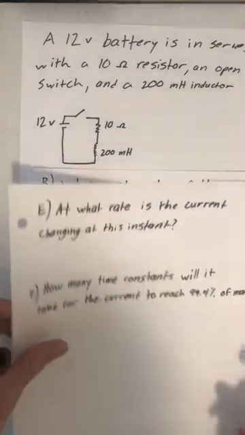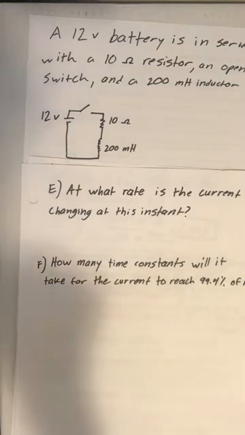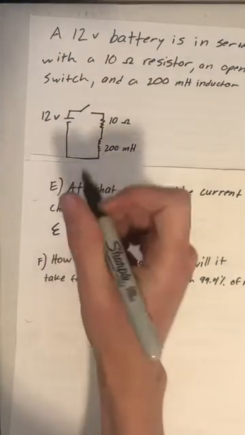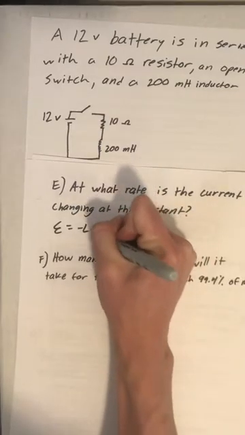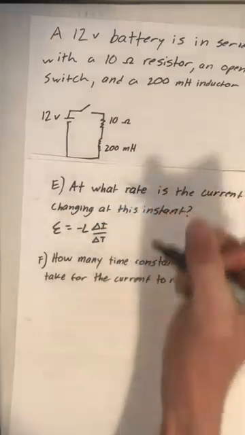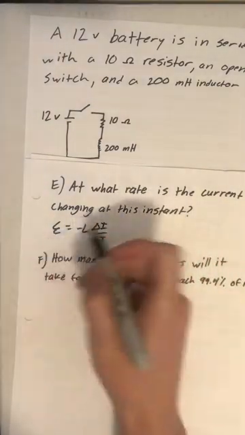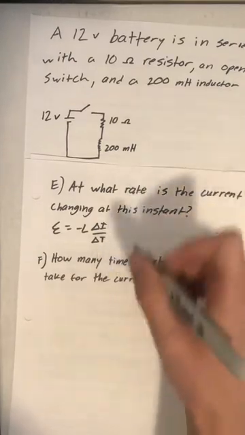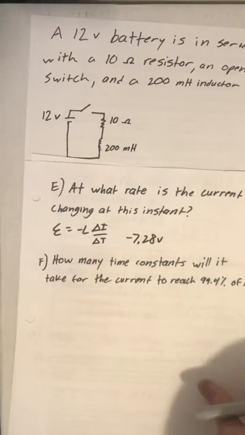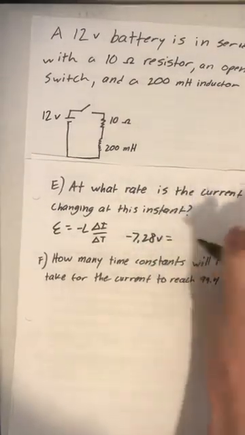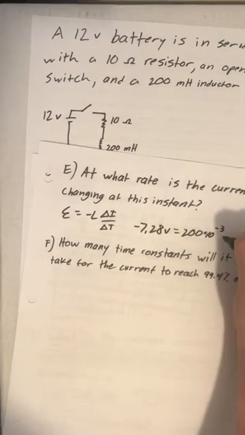Alright, part E. At what rate is the current changing at this instant? So for that we're going to use this equation: epsilon is equal to negative L delta I over delta T. So epsilon is our EMF, which means it's the voltage we just calculated. So negative 7.28 volts, because that's the voltage drop over the inductor, is equal to 200 times 10 to the negative 3 henries